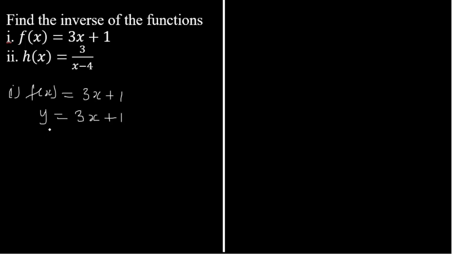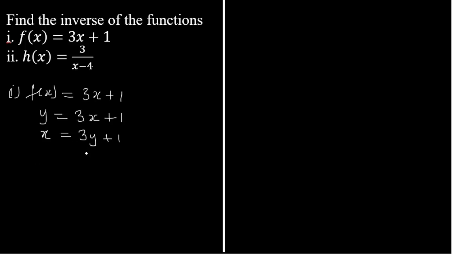That means wherever you see y, you put x there, and wherever you see x, you put y there. After which we make y the subject of the new equation that we have. And once again, you can see that the term containing y is at the same side of the equal sign with another term, 1. Because this 1 does not contain y, we need to move it from that side to the other side